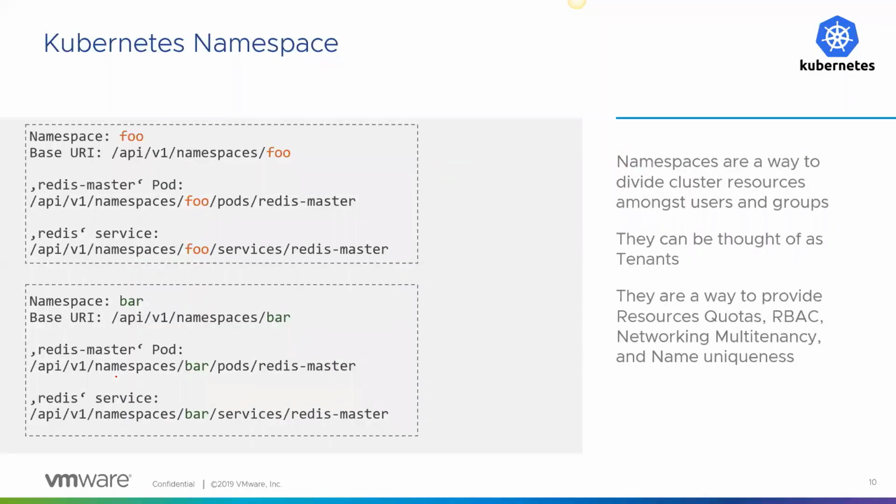All right. Another concept we want to touch on is that of a namespace. We talked about the fact that you can have a cluster, and the cluster has a master and multiple nodes. Now, what if I wanted to divide that cluster into tenancies? These tenancies may be to facilitate different business units or maybe even different applications. Why would I want to do that?